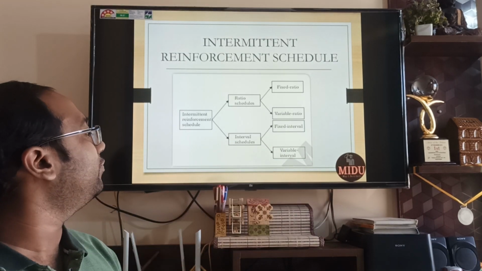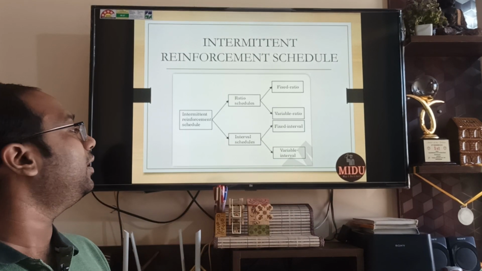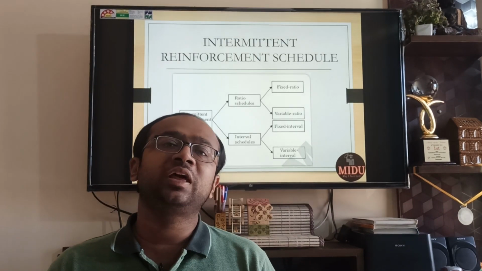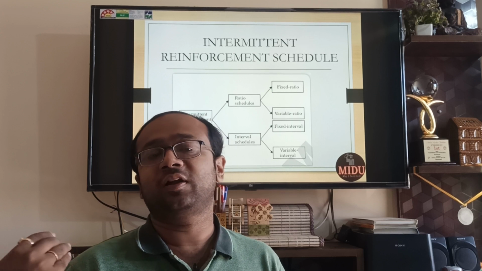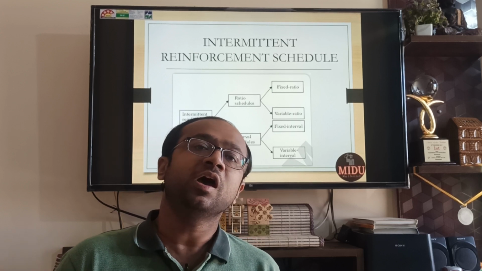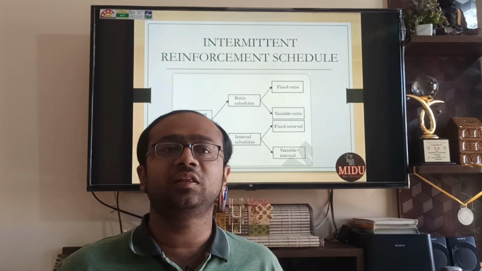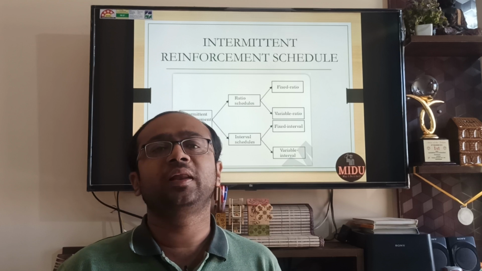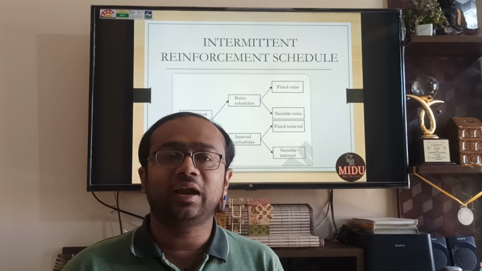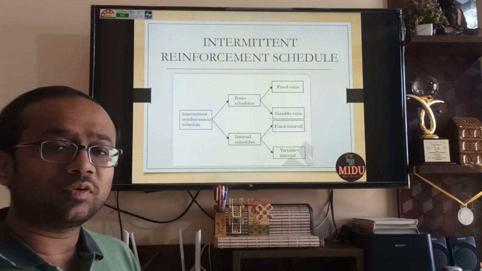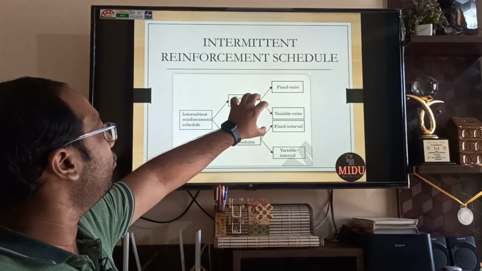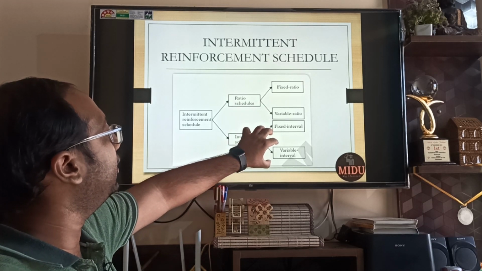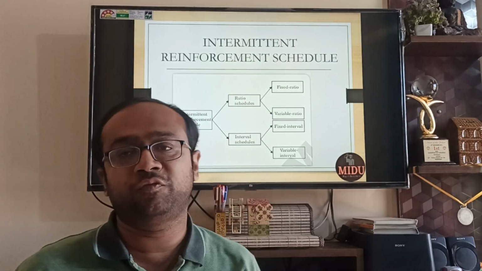Second can be, my dear friends, variable interval. When we say variable interval, means you are changing that interval and it is not fixed. It can be, for example, company sometimes gives it after 6 months, sometime after 3 months. So it is not fixed. You are not fixing it in the policy. Many times it can also be linked to when company is doing well. At that time you want to give incentive, and that is why it is known as variable interval. So these are the four types: fixed ratio, variable ratio, fixed interval and variable interval in our intermittent reinforcement.